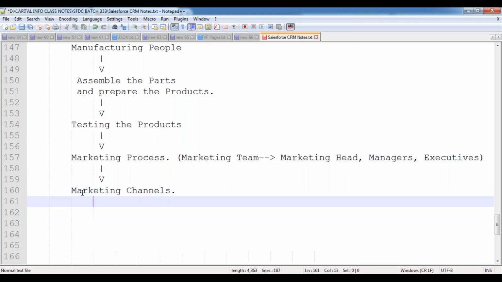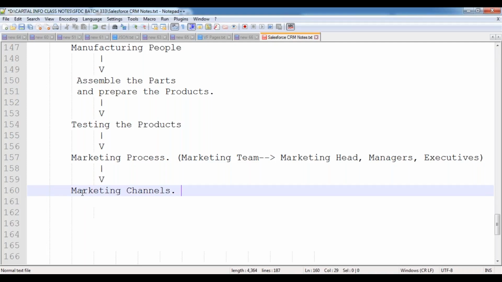They're using the various marketing channels. With the help of these marketing channels, they are going to be promoting the products. In order to promote the products, promoting means what? Giving the information to the people. So in this case, whenever the marketing team is promoting the products, they're using the various